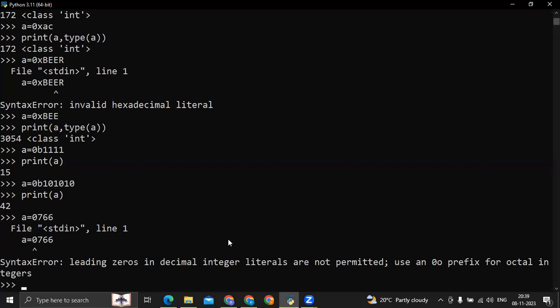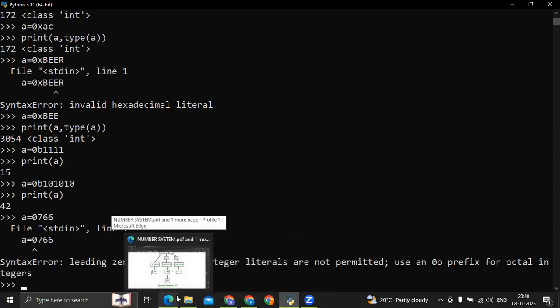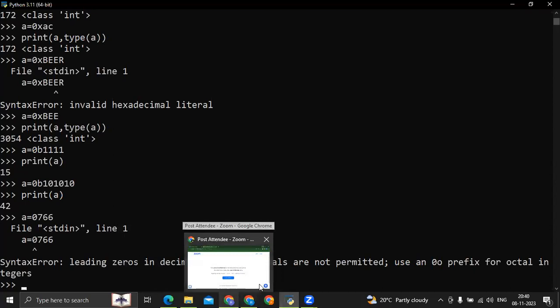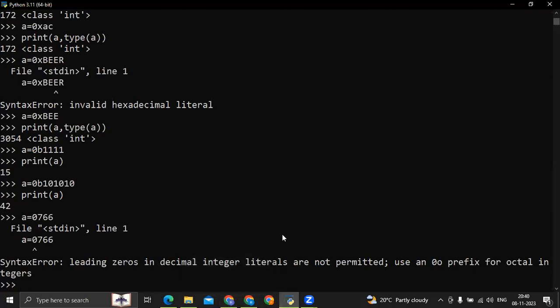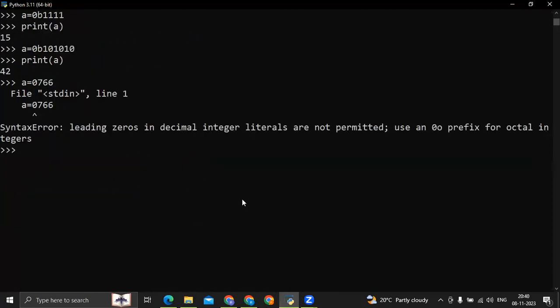Now we'll proceed with the float. What is a float value? Students, when we talk about the float, it is the predefined data class and also treated as a fundamental data type. Now, what type of values does the float data type store? It stores the real constant values or the floating point values, numbers with decimal places, like A is equal to